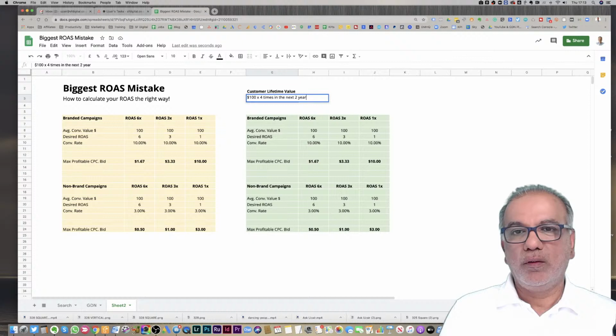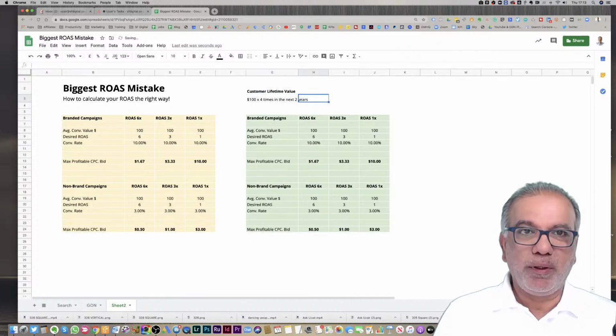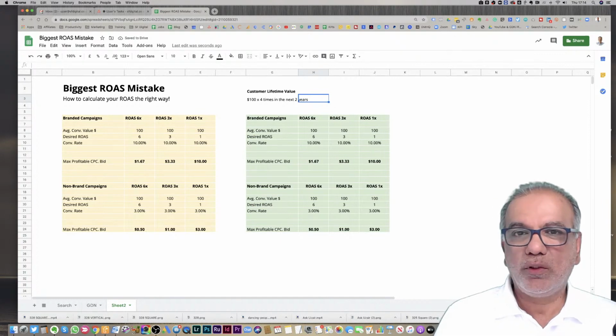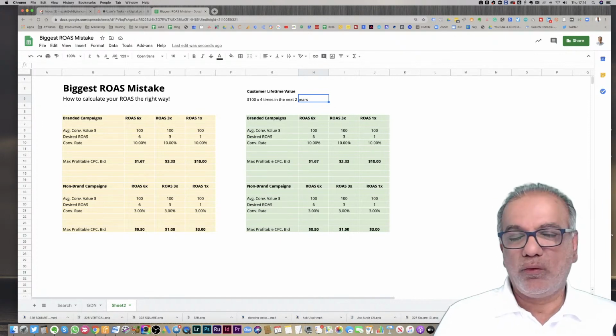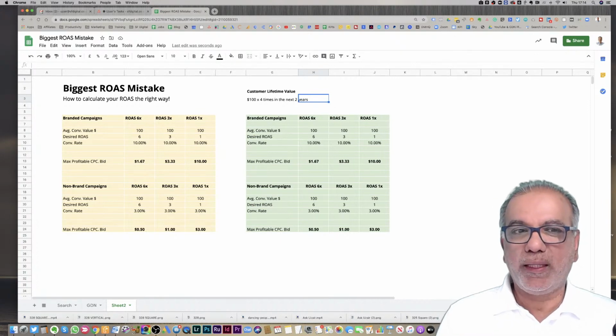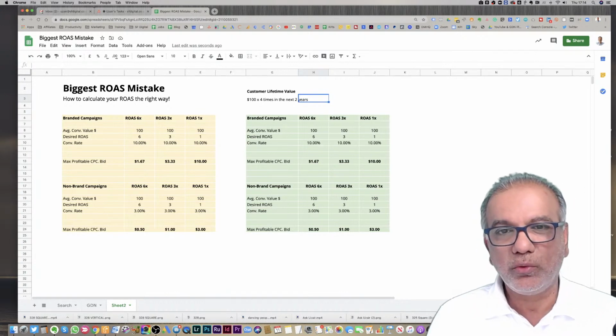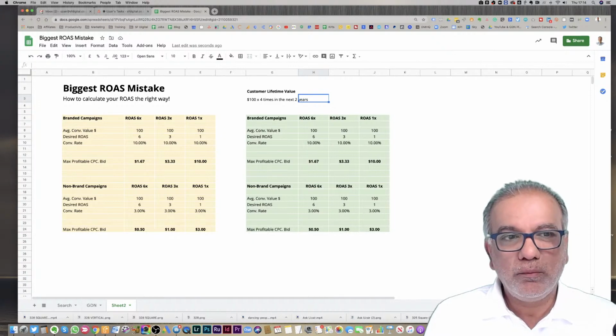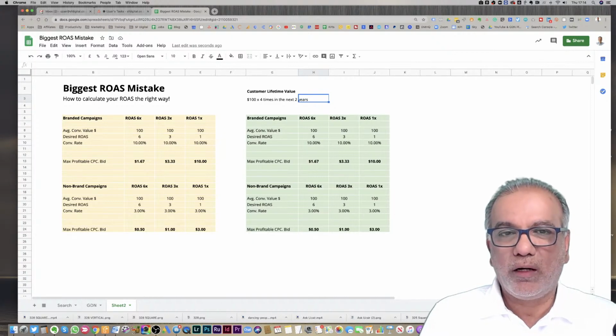Yeah, because you will have remarketing campaigns, you will have email marketing, you will have social media, you'll have lots of things going on to get that customer back, because you paid that acquisition cost to Google or whichever platform you're advertising with. You don't want them to go away after just that first